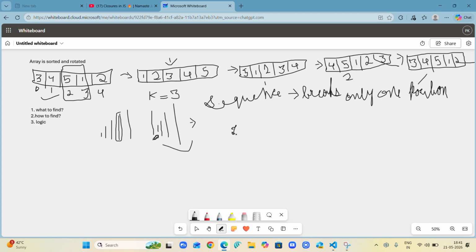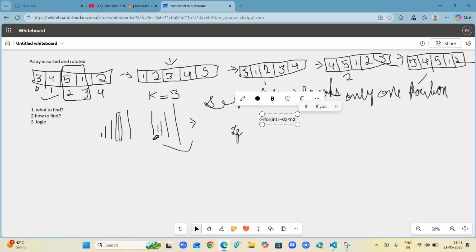Then we will apply one if condition. N over here determines the size.